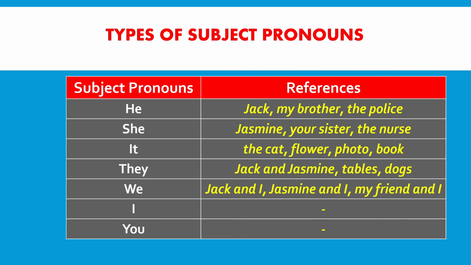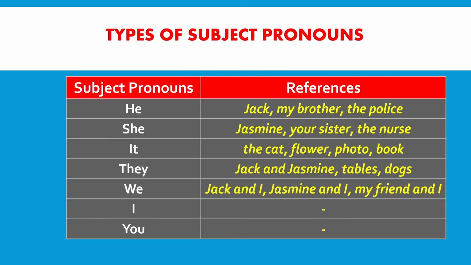It is used for non-human things. For example, you can use it on animals. Animals are living things. So, examples of references for it could be the cat, flower, photo, book. As long as when we want to use it, it must adhere to the condition of being one